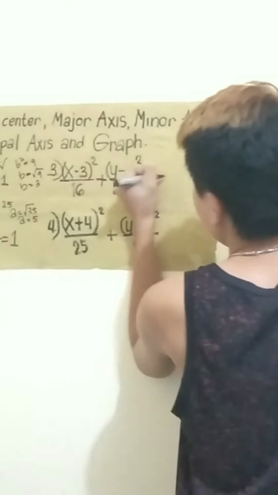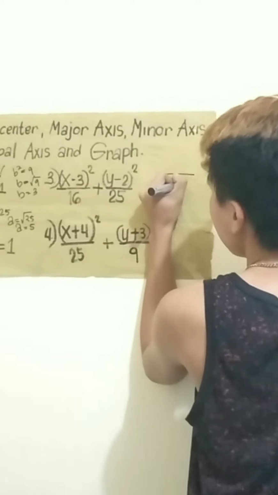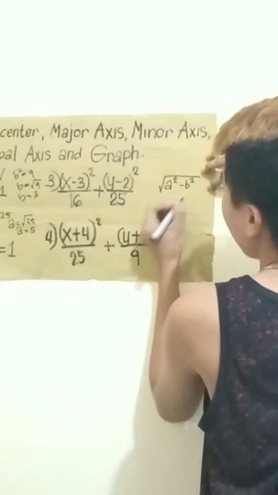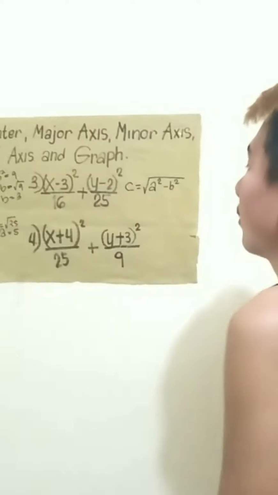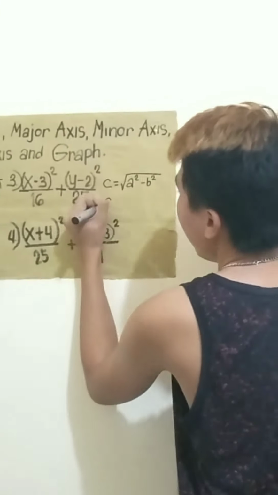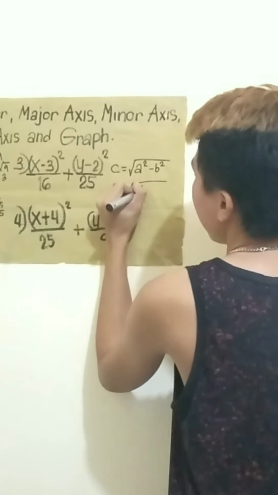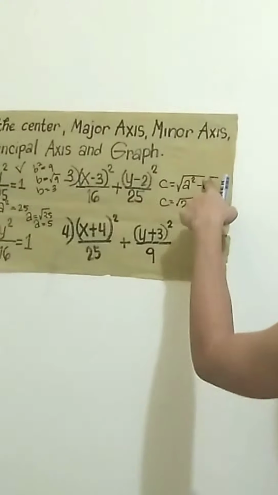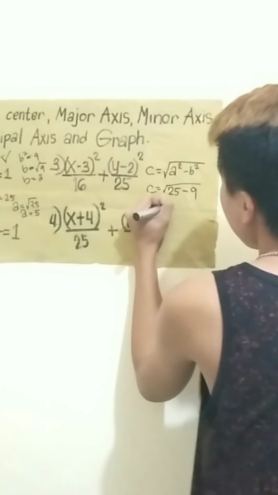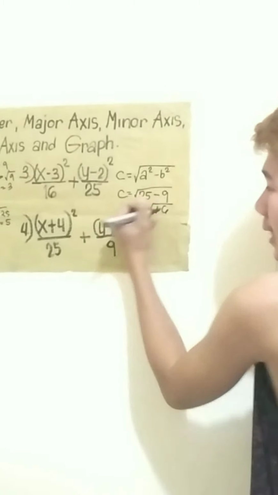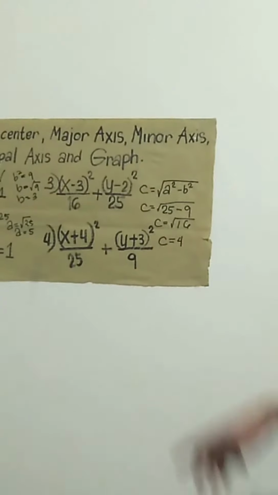Our a squared is 25. Our b squared is 9. So, c equals the square root of 16. 16, right? So, c is equal to 4. So, 4 is our